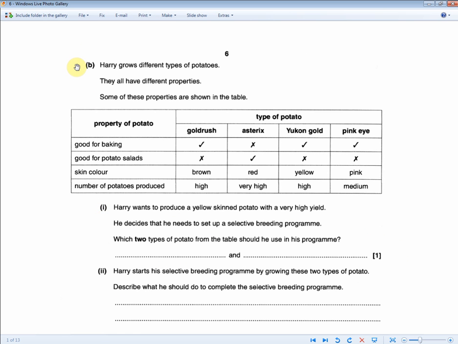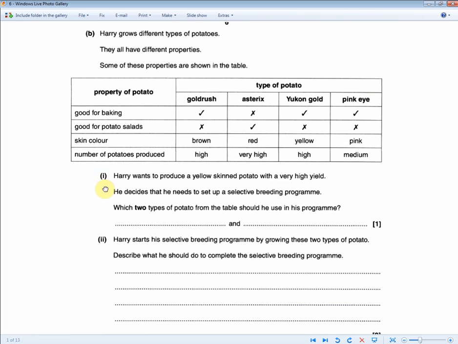Harry grows different types of potatoes. They all have different properties. Some of these properties are shown in the table. So here you are told the property of the potato, such as good for baking or for potato salads, the skin color, and the number of potatoes produced, basically the yield. And over here are the different types of potatoes, and their names are Gold Rush, Asterix, Yukon Gold, and